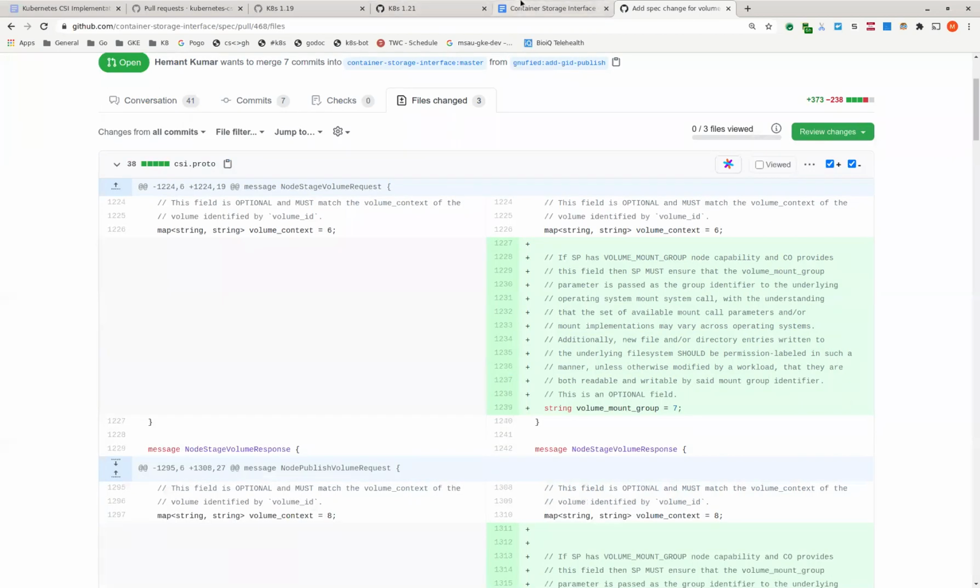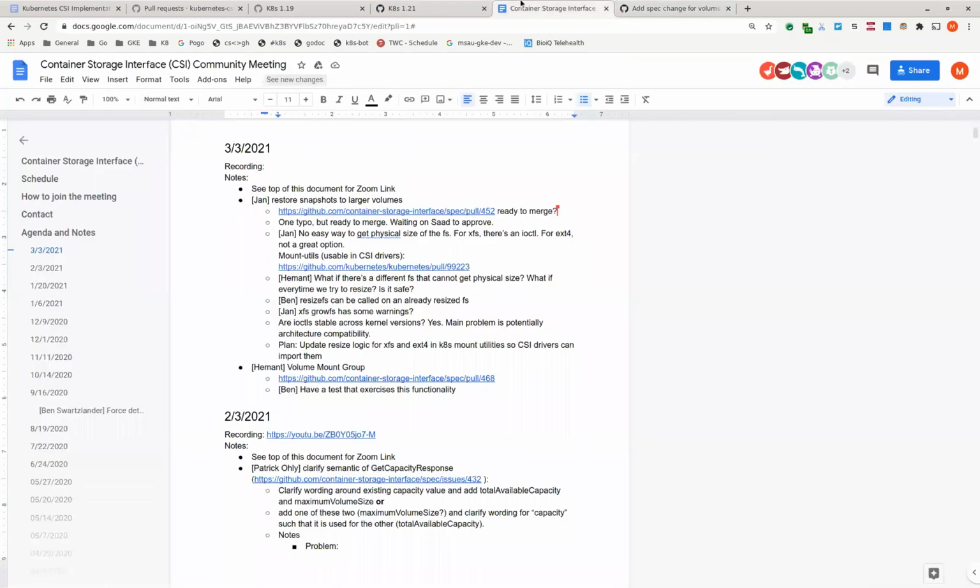But if a workload creates a new file, the new file doesn't automatically inherit group ownership or group read write permissions. So you're worried that the wording isn't clear enough that it should prohibit that case?